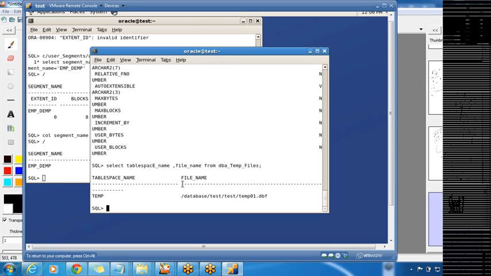Logically, whenever you create a table, you specify the tablespace in which you want to create it, so it is stored in the tablespace. So whenever you talk about space, you need to talk about how much is available at the tablespace level, not at the data file level. If I want to know the total space allocated for each tablespace, I will again query